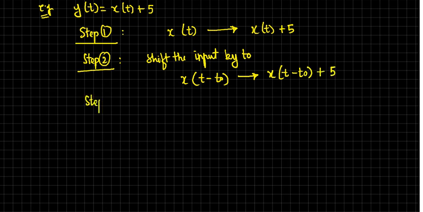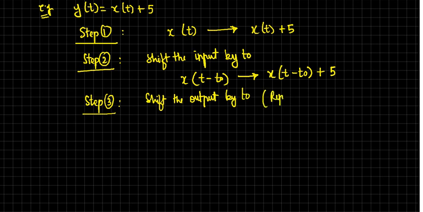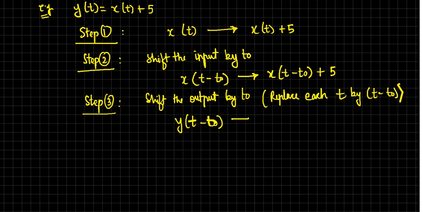Step 3. Shift the output. That means what? Replace each t by t minus t naught. What do we get? Y of t minus t naught. कितना आया? So that is equal to x of t minus t naught plus 5. Are they two the same? Yes. So this system is time, bolo,